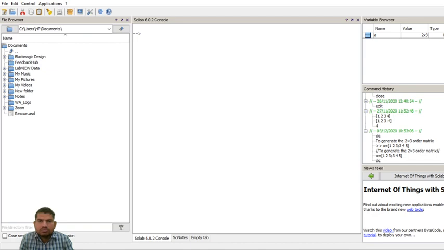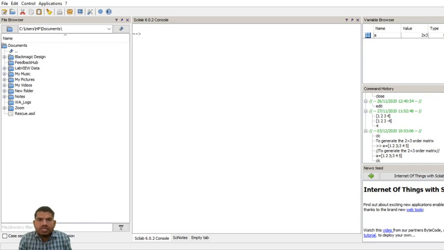In this experiment, I am going to explain how we create a particular matrix and how we perform the basic operations on the matrix. First, after clicking the Scilab software icon, this is the display we get.